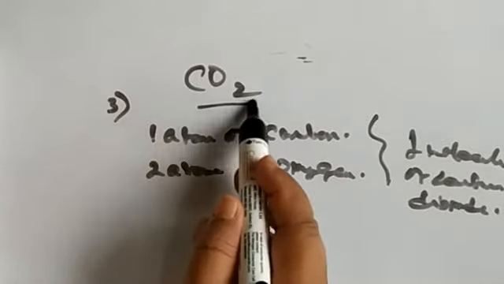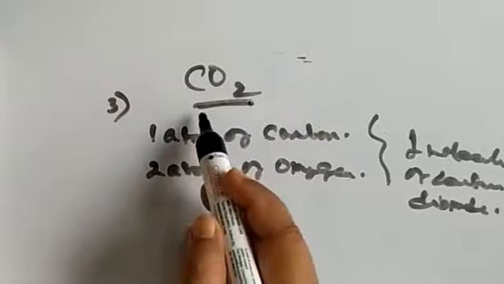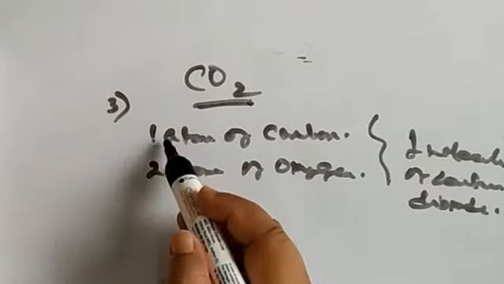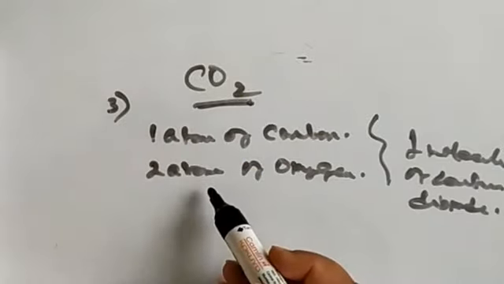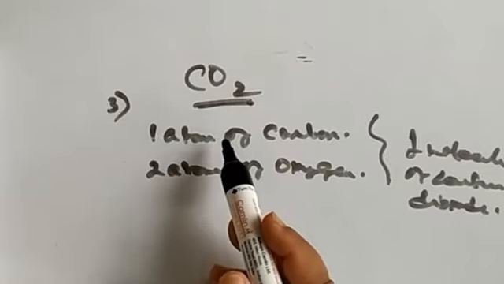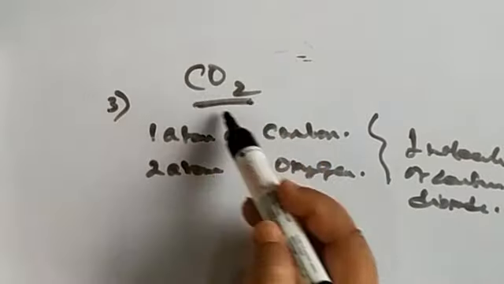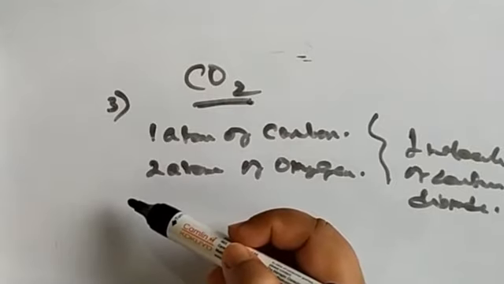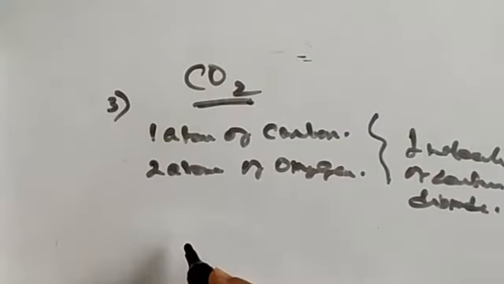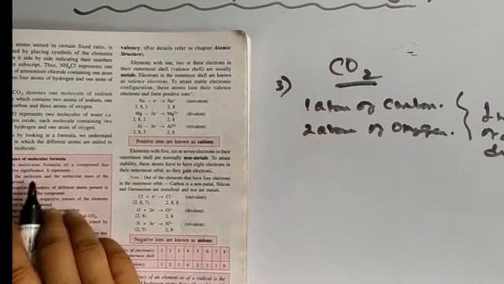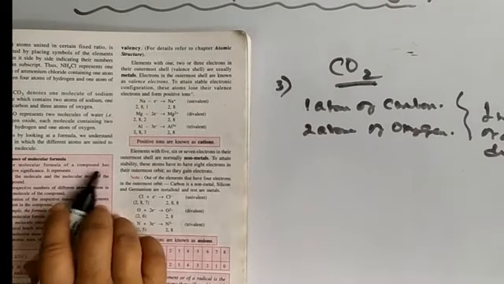So in this way, by writing only the formula, we can easily give the full description of the given compound. That means it is the shortest way to represent a compound. So you can say it as a formula of a compound, a molecular formula of a compound, or a chemical formula of a compound. It means the same thing. The significance I have already explained to you: it represents the formula of a compound.